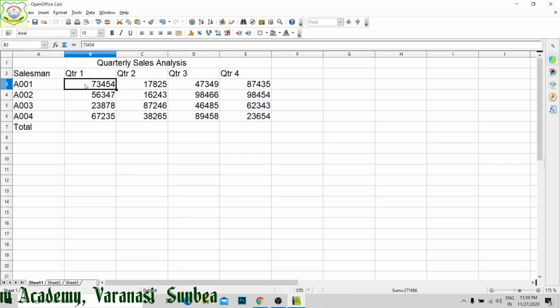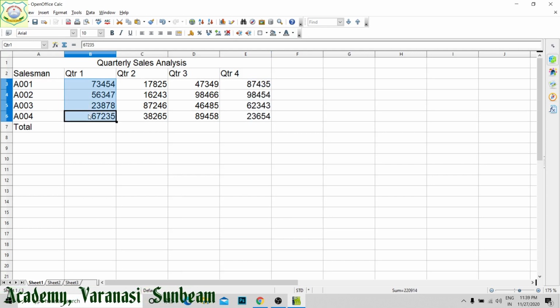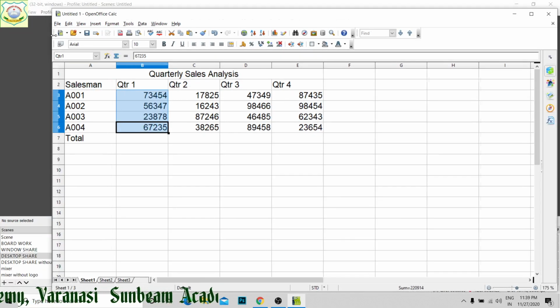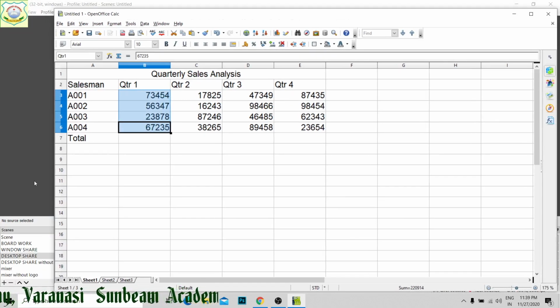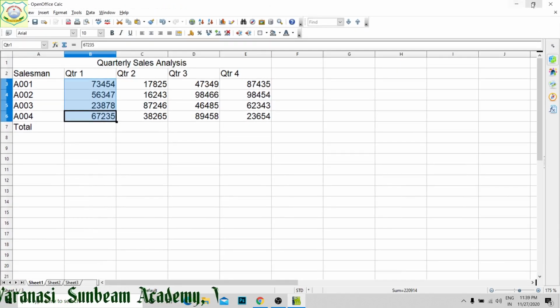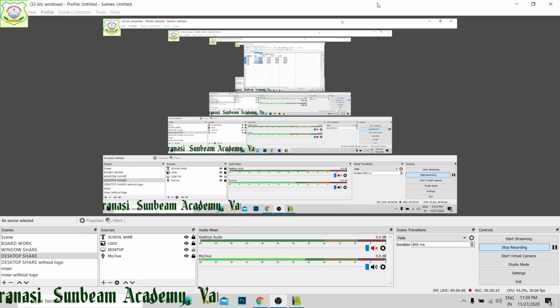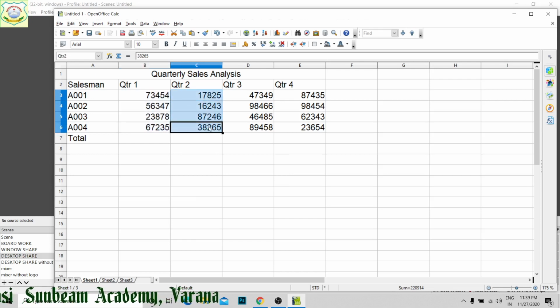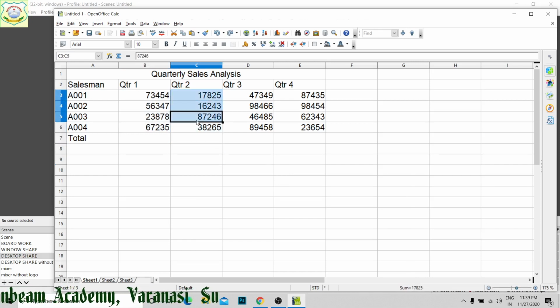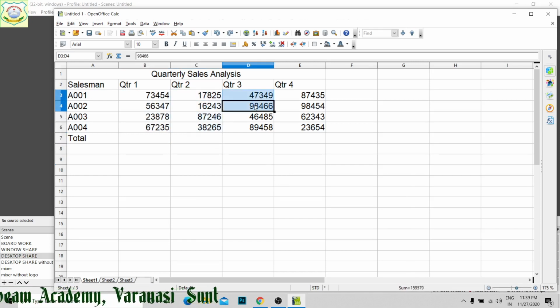Now if you come to this range, select the range, you will get quarter 1, right? You can see over here, quarter 1 you are going to get it. So students, this is quarter 2, quarter 3 likewise.